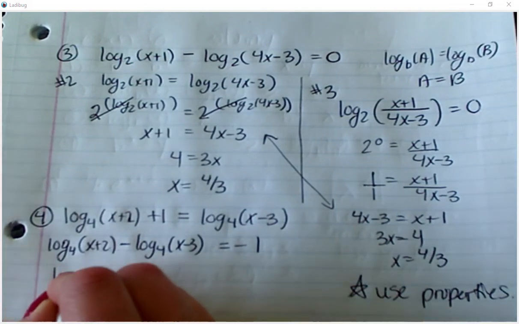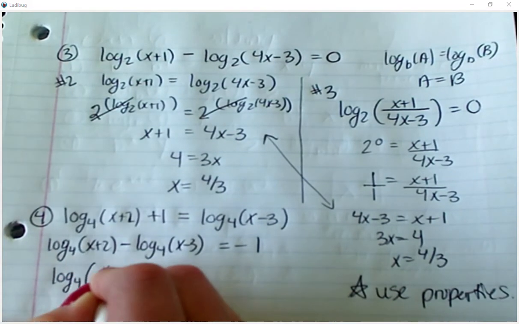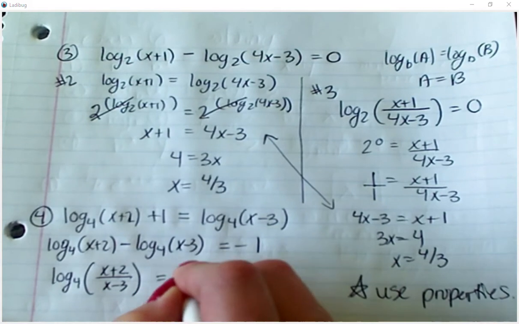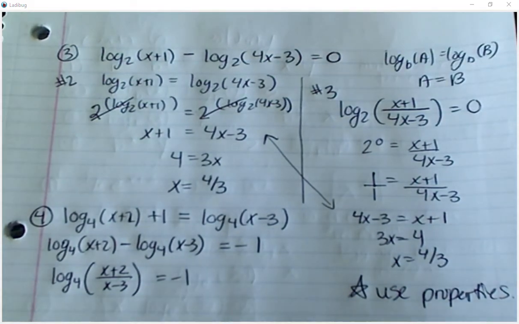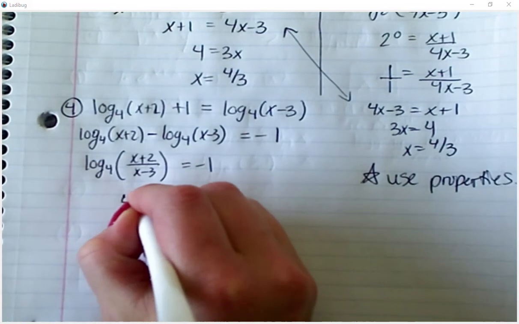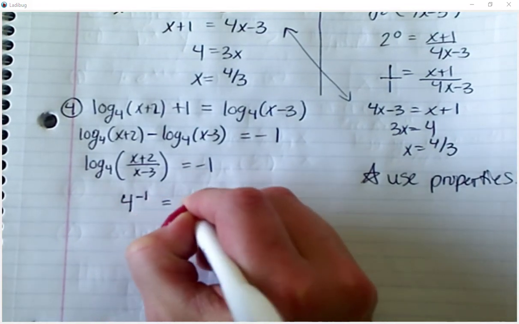And I'm going to use my property of logs with subtraction, which allows me to divide the arguments. And then I'm going to exponentiate, which really means rewrite it. 4 to the negative 1 equals